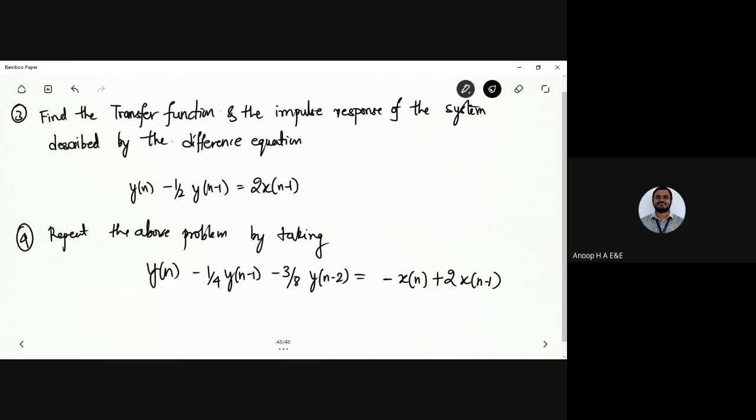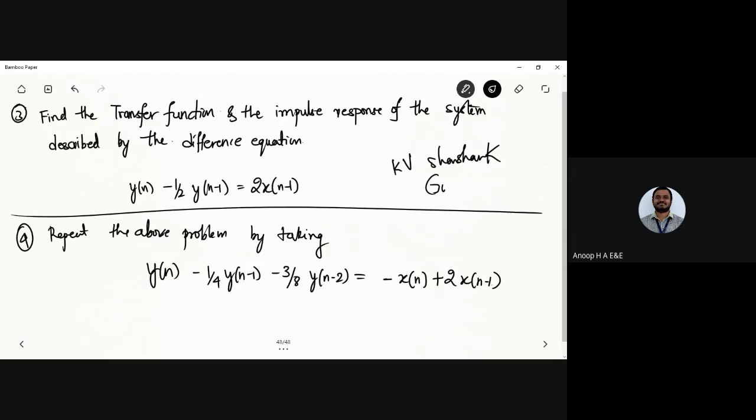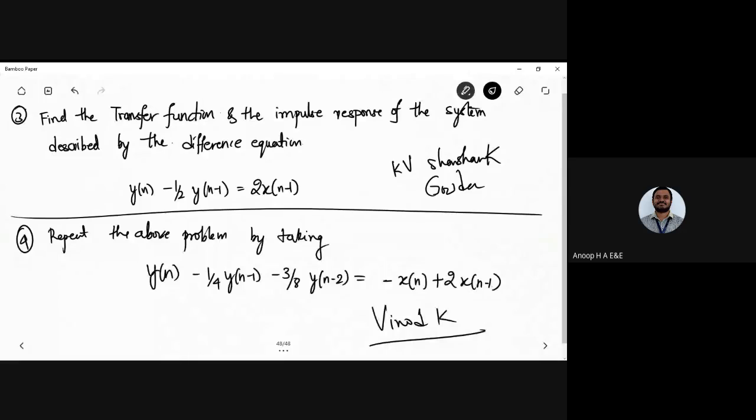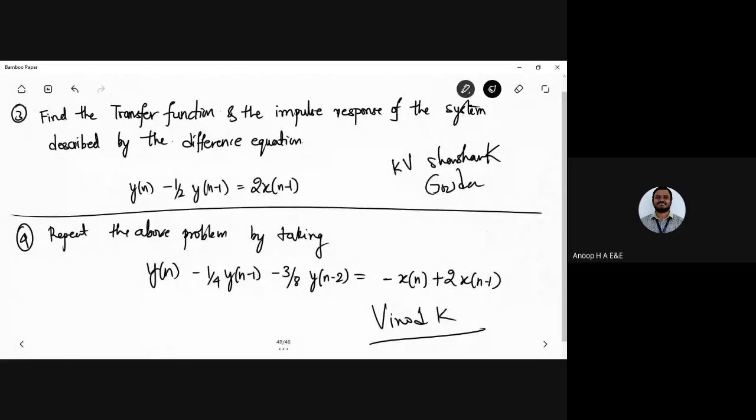Okay, these two problems I can give to KV Shashank Gowda, and this one I can give to Vinod K. These are the problems which you can solve on your own. You can solve it and quite easily get the solution. You can get the transfer function and also the impulse response of the system,